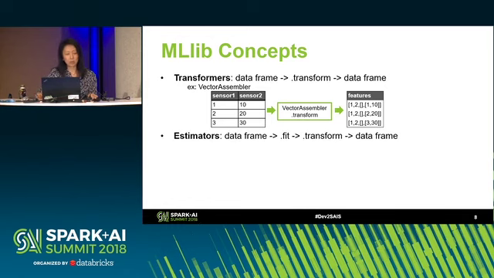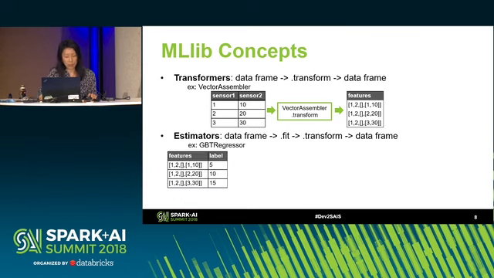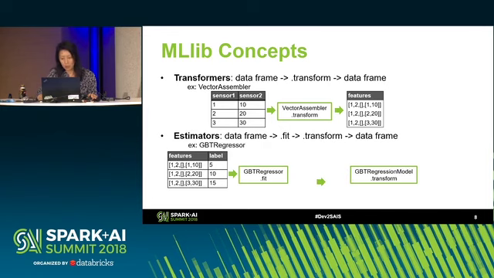Another concept is estimators. Any machine learning algorithm is an estimator. So in our case, we will use the same machine learning algorithm as we used in R, and that's the gradient boosted tree regressor. So we have our training data with features and a label, and we fit the regressor on this training data, and the output is a trained regression model, which is a transformer. Because the transformer takes a data frame, so it can be the test data or the new data, and the output for the